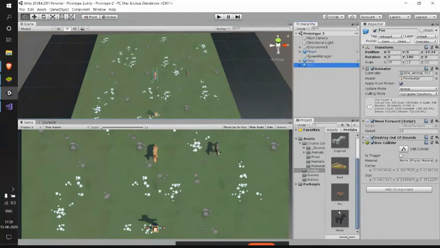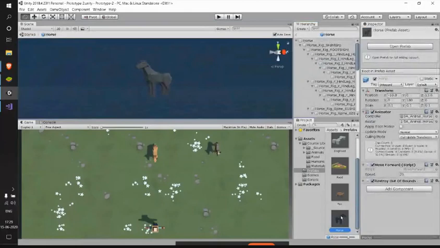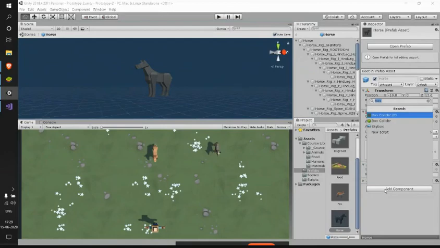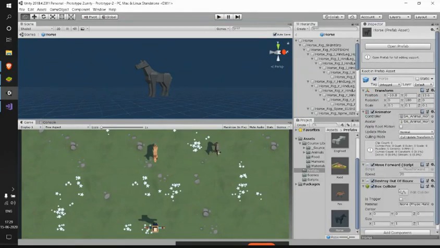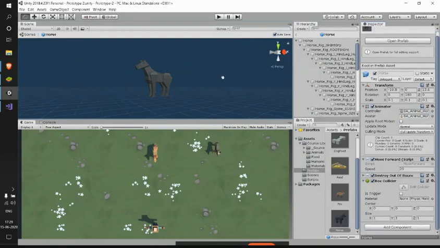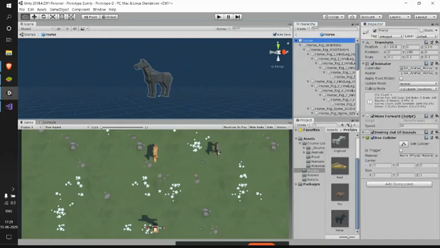Yeah. Thank you. So let me do the same thing for the other prefab. I have double clicked this and entered the prefab preview mode, and let me add this collider for this also, and see, this time this collider is too small.